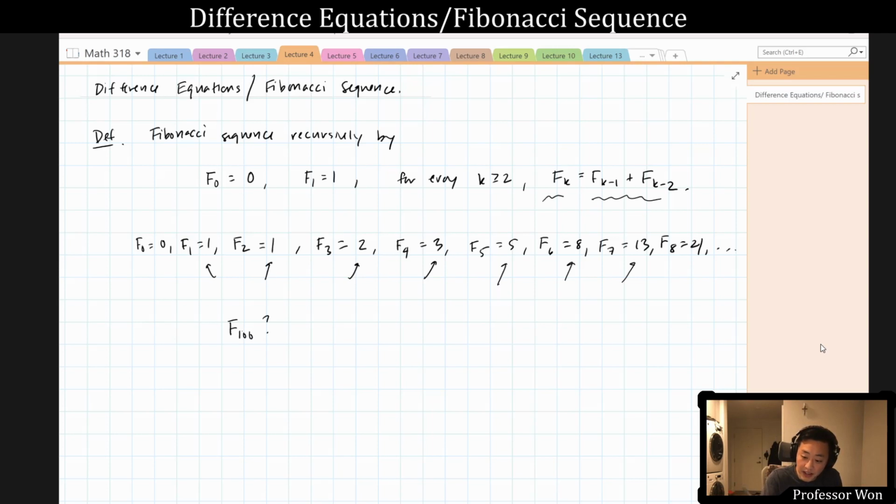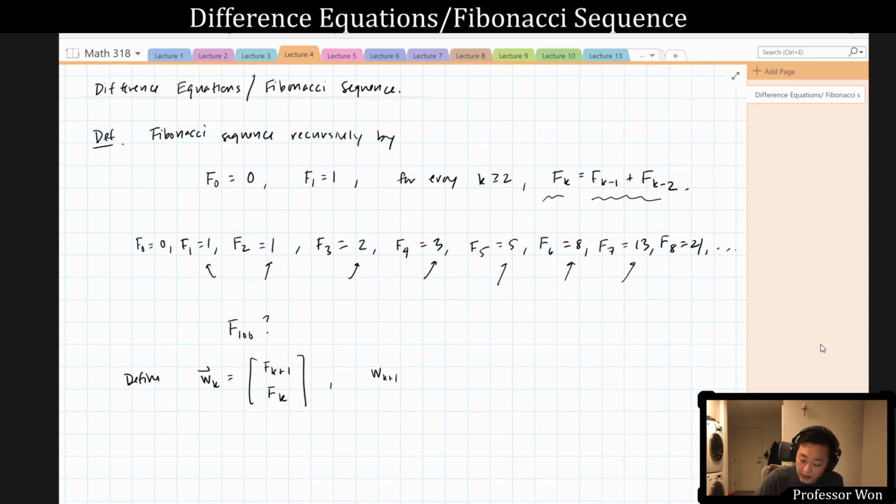But we can inject a little linear algebra into this by defining wk to be the vector (fk plus 1, fk). Okay, so what I'm going to do is I'm going to track 2 consecutive Fibonacci numbers in a single vector. And the good thing about this is that the next Fibonacci number only depends on these 2 Fibonacci numbers, right? fk plus 2 only depends on fk and fk plus 1. So